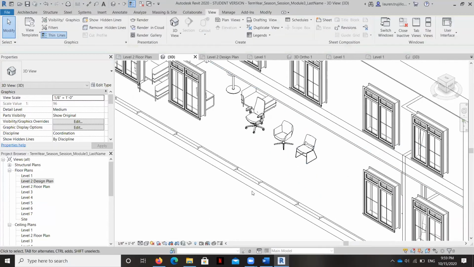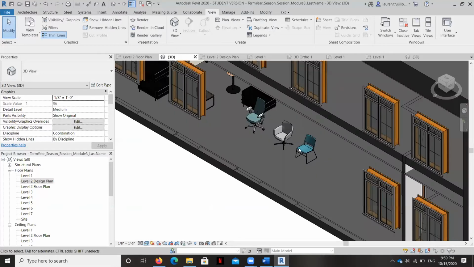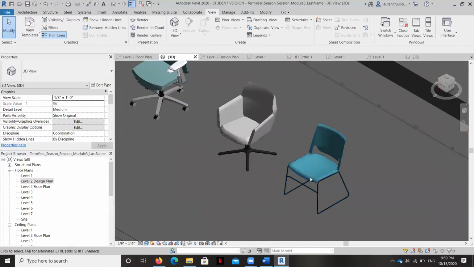I'm going to hit the save button, because sometimes when you render things, it takes a long time, and I don't want anything to crash. Now let's change the graphic display options to realistic and see if that chair turns yellow. Nope, it's not turning yellow.